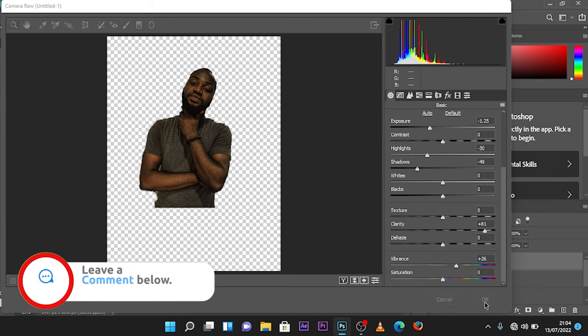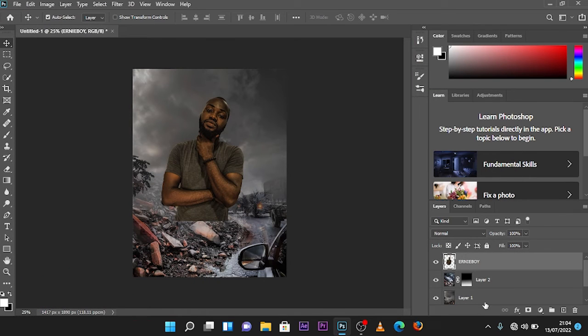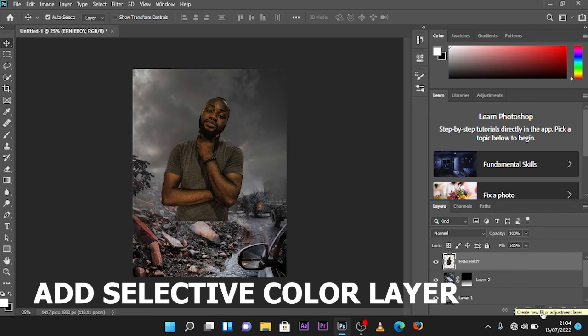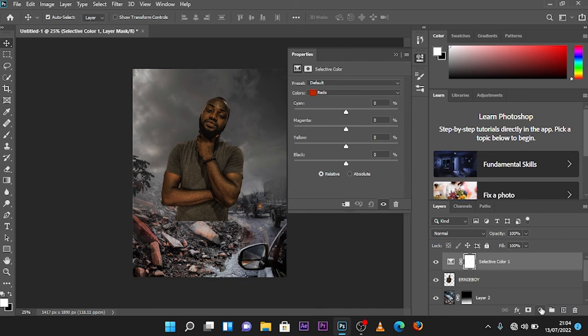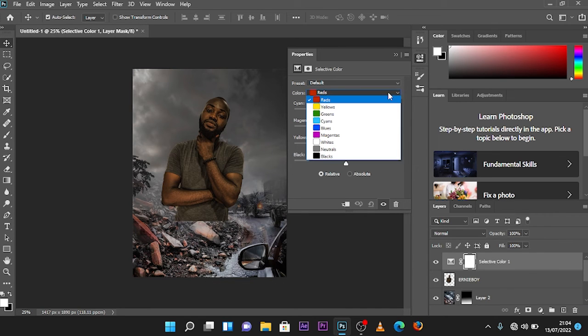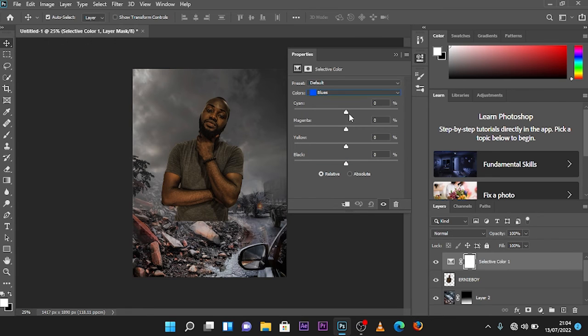Okay, so now that I'm done with that, I'm going to click on these two, create a new fill or adjustment layer. I'm going to go to selective color. I'm going to pick another color from red, probably blue. I'm going to readjust some color